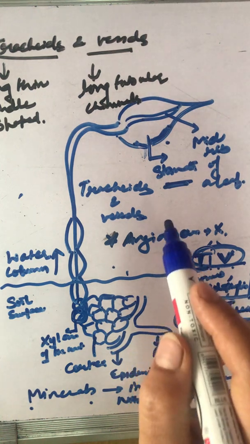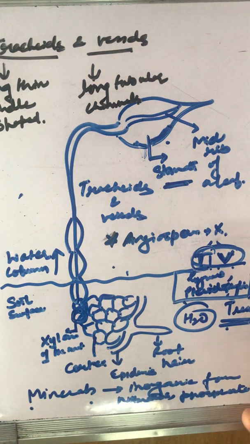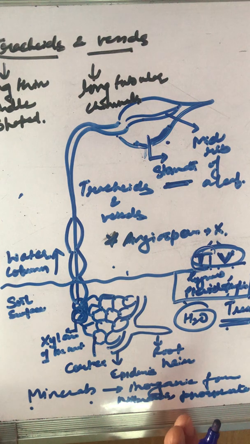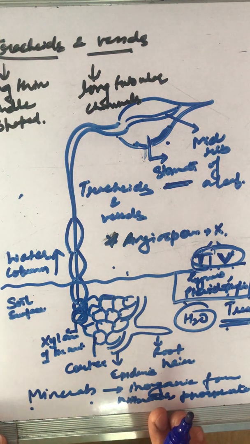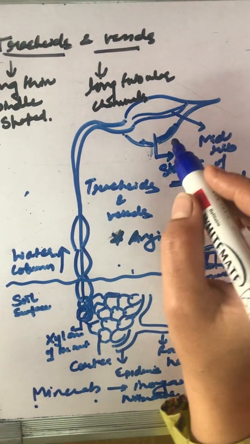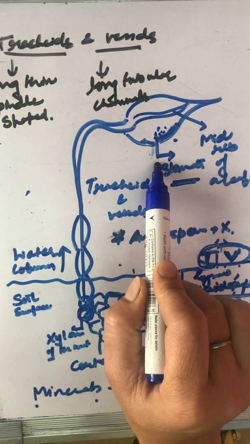Under most favorable conditions, a leaf can transpire its own weight of water in an hour. That means equivalent to 100 times its weight in its lifetime. That is the transpiration rate of a plant. That means on an average a tree can transpire 100 times water equivalent to its weight during its lifetime. Clear? Leaves, they keep on losing water through the stomata by the process known as transpiration.